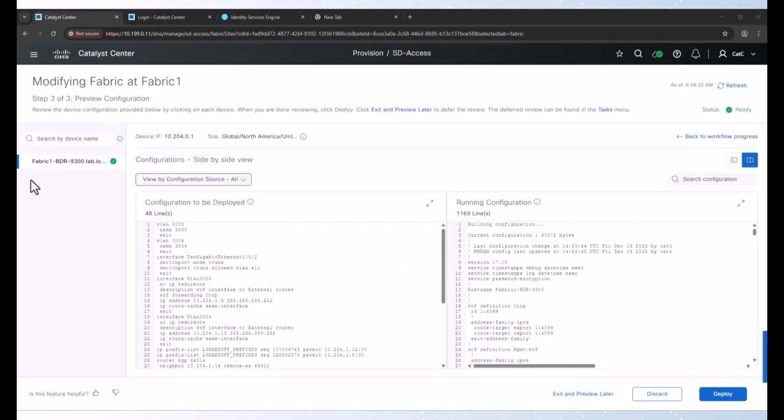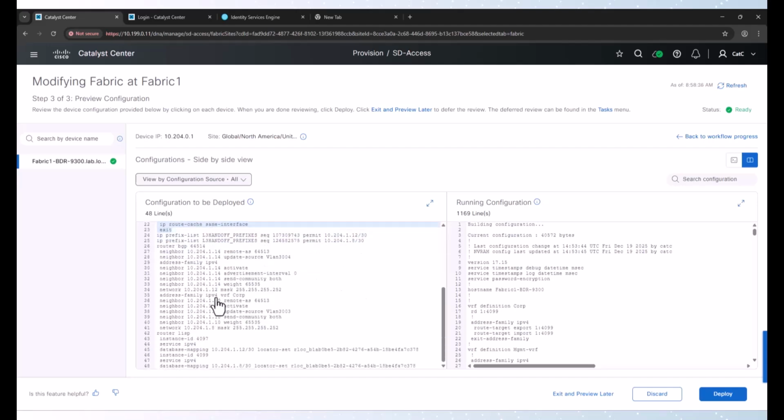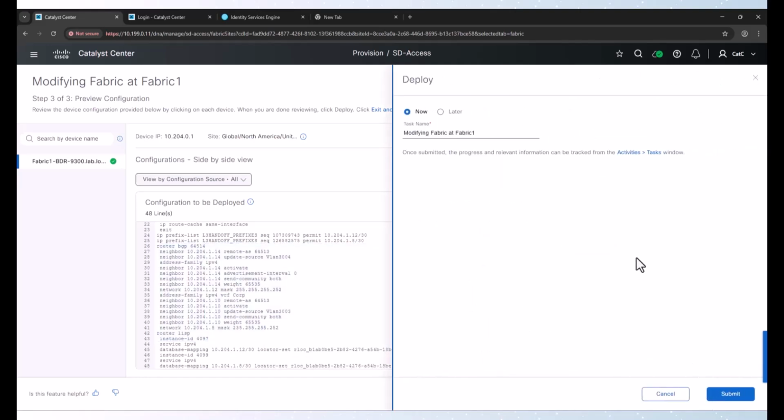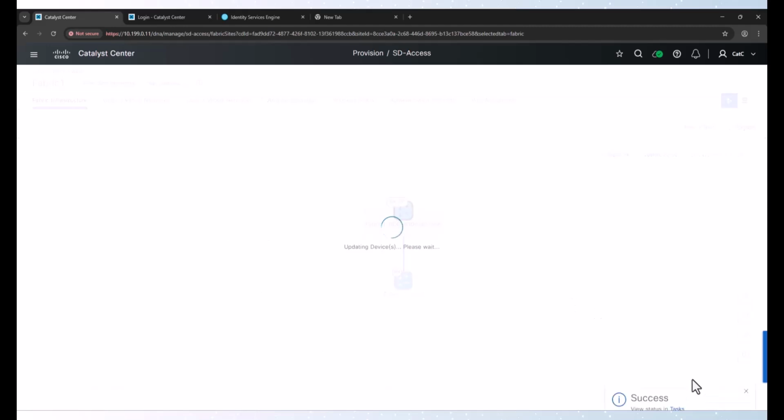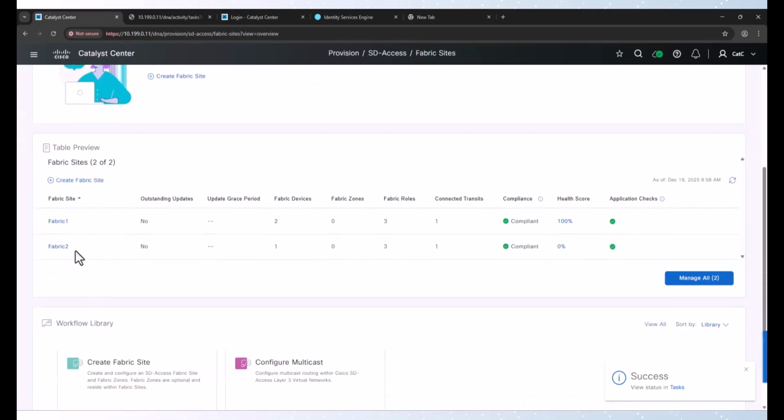Pause here. Okay, and we can see very similar to when we did this the first time, creating the VLANs. We're now telling this 102 interface go to a trunk, creating the SVIs, same prefix list, adding the new peers to BGP, which of course we'll have to configure over on the Fusion once this is done. So we'll deploy that. And I will pull up my tasks in another window and we'll wait for that to finish. But while we do, we will go to Fabric 2